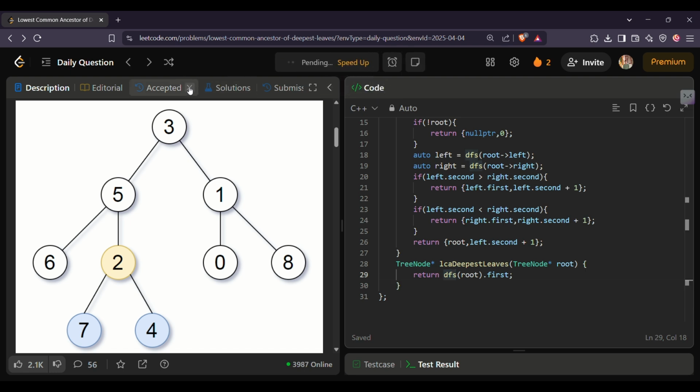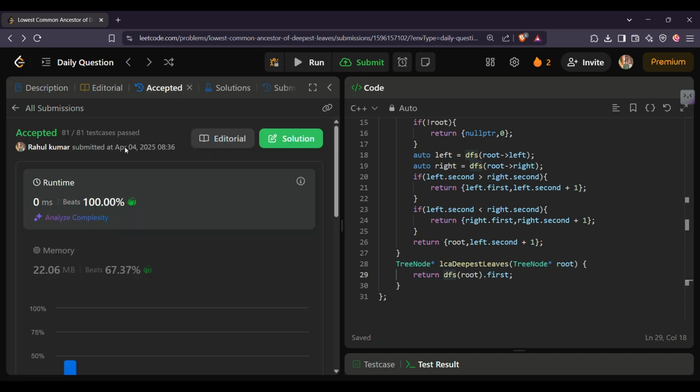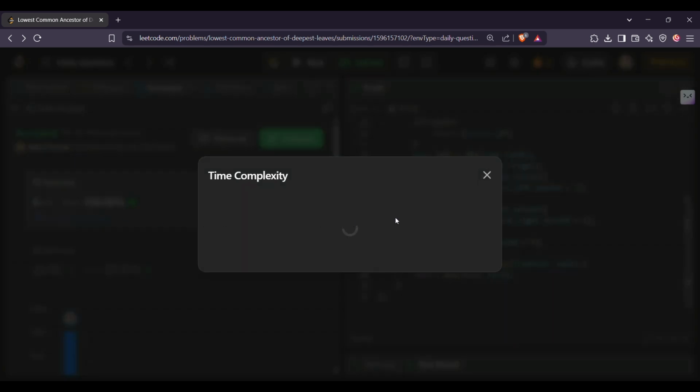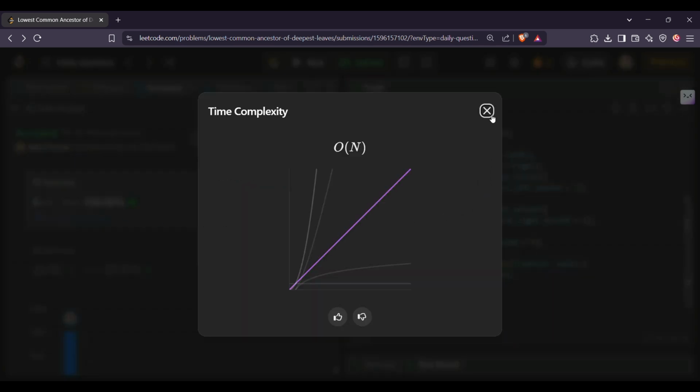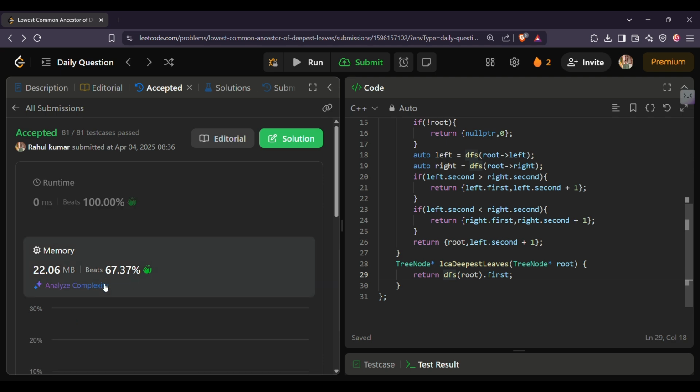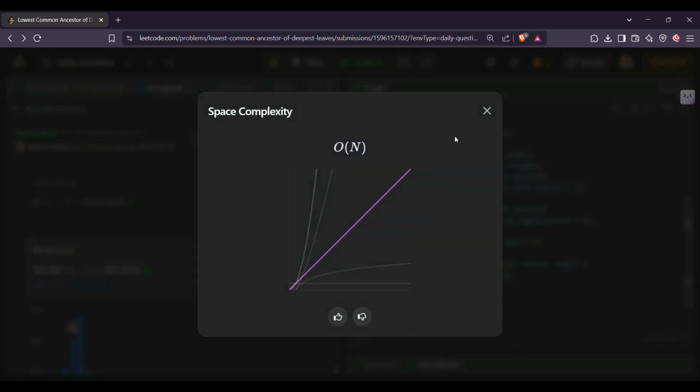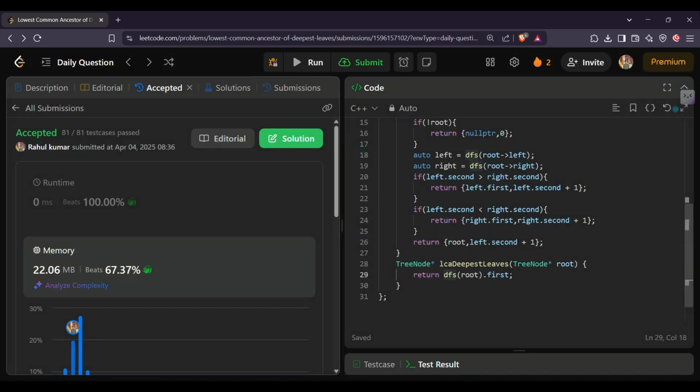So yeah, you can submit it. The time complexity is big O of n because it depends on the number of nodes. Okay, and the space complexity is also big O of n. Okay, so that's